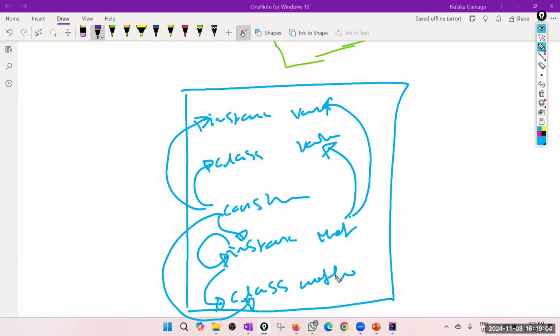Then what about the class methods? Class methods cannot access instance methods because you say that it's a class method. So therefore, class methods can access only class variables. And class methods cannot call instance methods or constructors because instance methods can change instance variables. So your class method is saying I am not changing the instance variables. So therefore, if you say you don't change the instance variables, you are not supposed to call instance methods. Okay. But class methods can call other class methods. So these are the things you can do. Anything else you can't do.